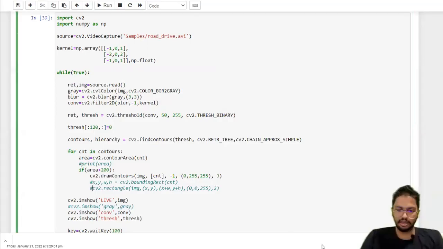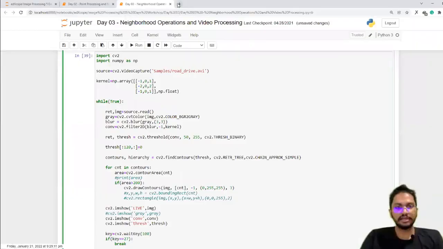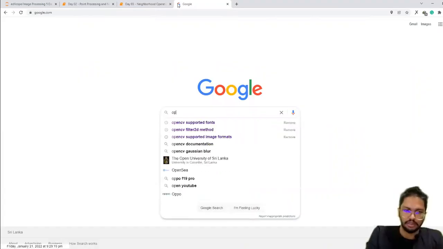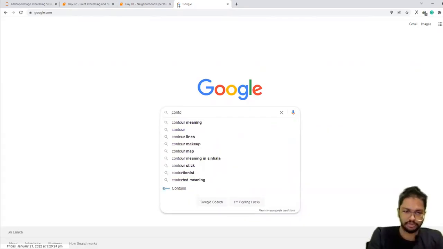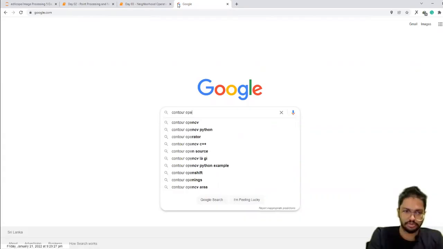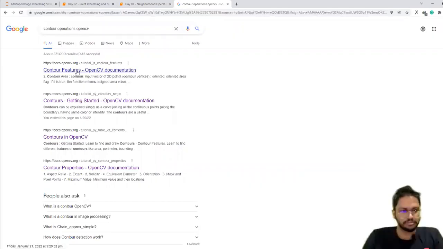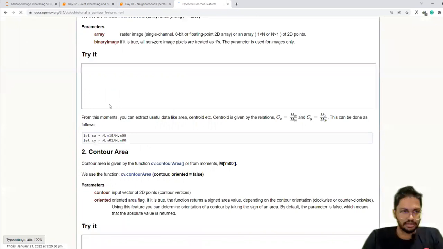So how are we going to find that one? That's also there in the material that I gave you last day, the links that I provided you yesterday, right? So if you go to this contour operations,